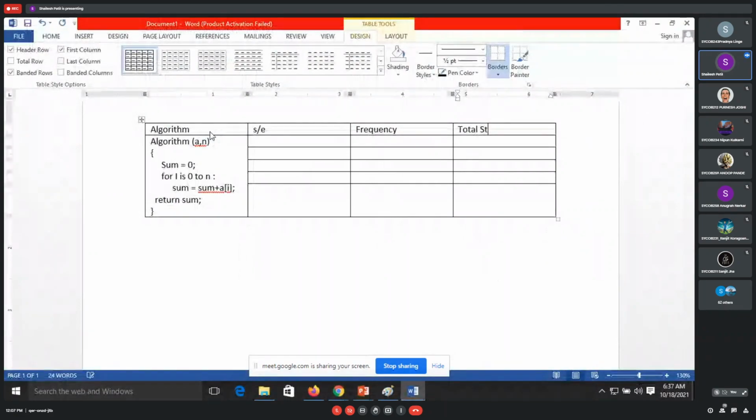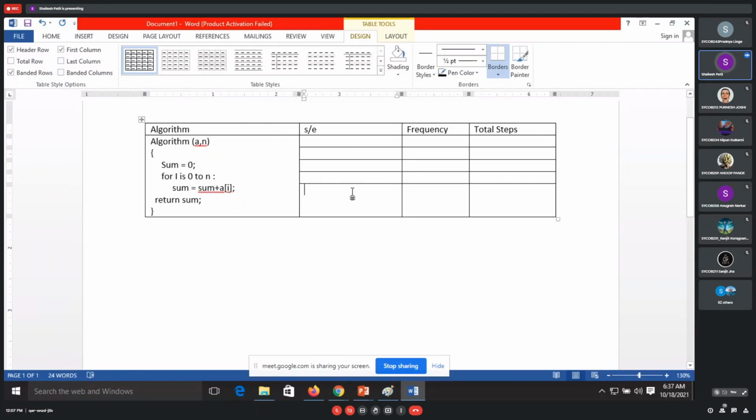This is the thing we have to calculate. This is called a step table. Actually, this is a very important point that we have to go through. For each and every step, we'll add one row over here. This is for sum, this is for the for loop.